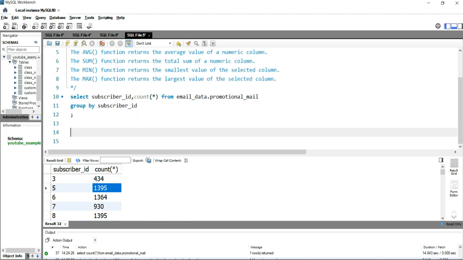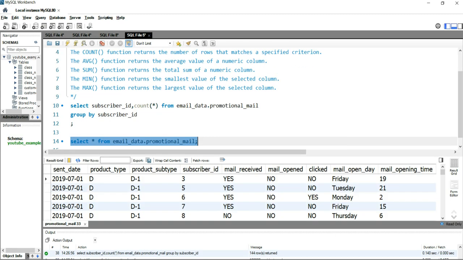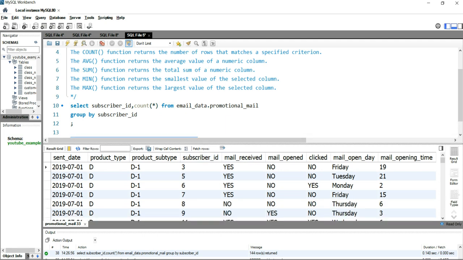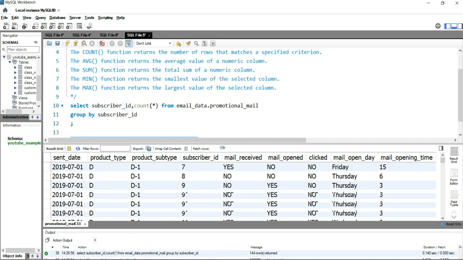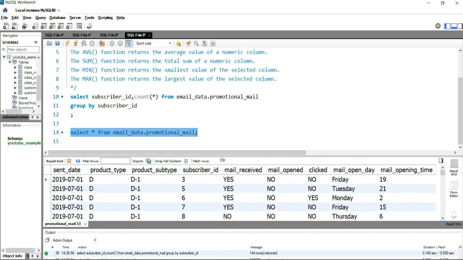So let's see if we have any numerical column in our table, which is promotional email. We will write select star from and then put this table name, and if I run this query, you will see that we have mail opening time as a numerical column. Now if I want to find out the average of this particular column, then I can simply use this average